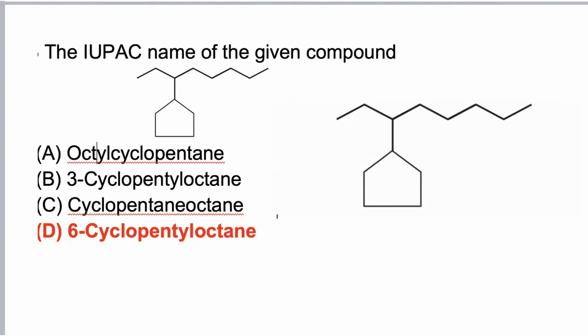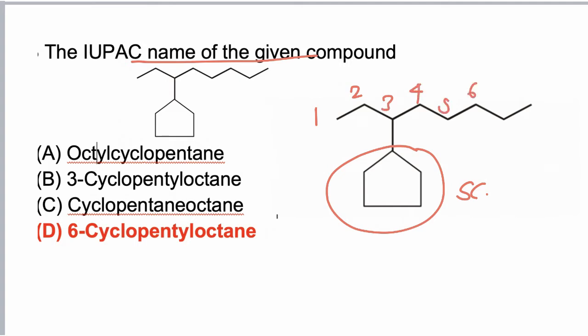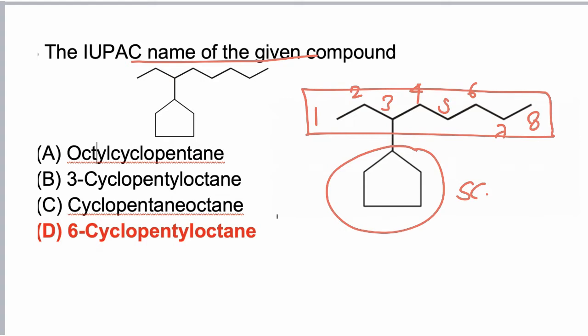In this molecule, first we have to select the principal chain. Now the ring has a total of 5 carbons and the open chain has a total of 8 carbons. So if an open chain and a ring are both present, then the part having more carbons is given higher priority. So 8 carbons, now this is the principal chain, and at the third position a cyclopentyl group is present, hence the name of the molecule is